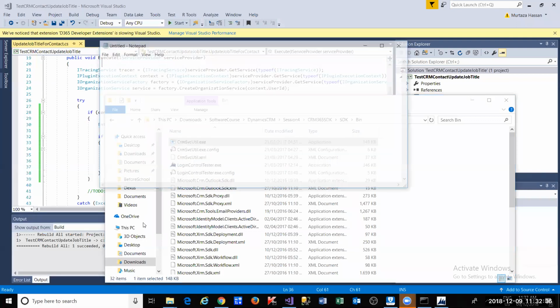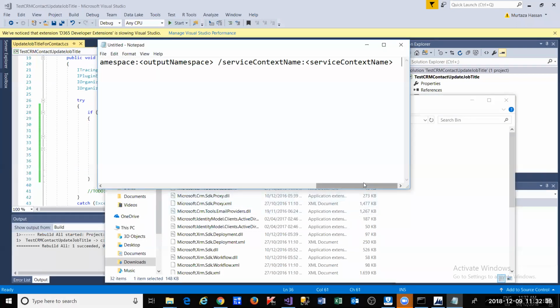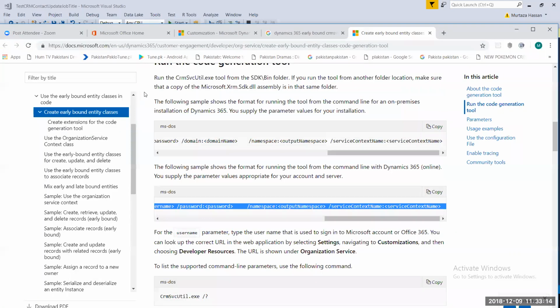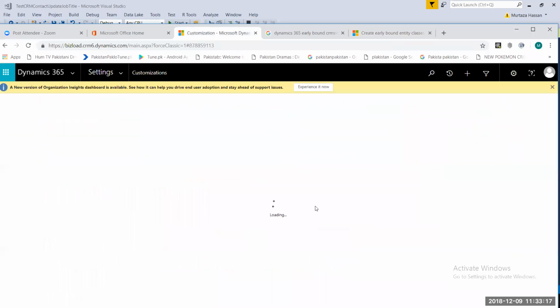In Notepad. So what you would have to do is type in CrmSvcUtil. You type in the organization URL. The first parameter is the URL. You put the organization name here, and get this API, xrm/2011/organization.svc. If we go to the CRM here, if we go to developer resources,